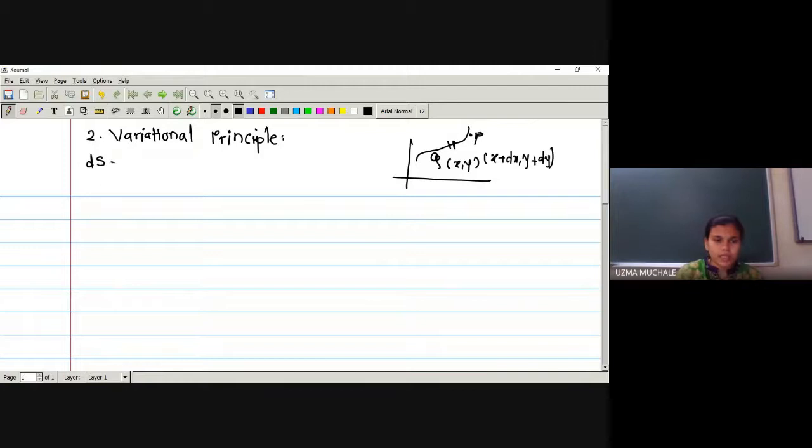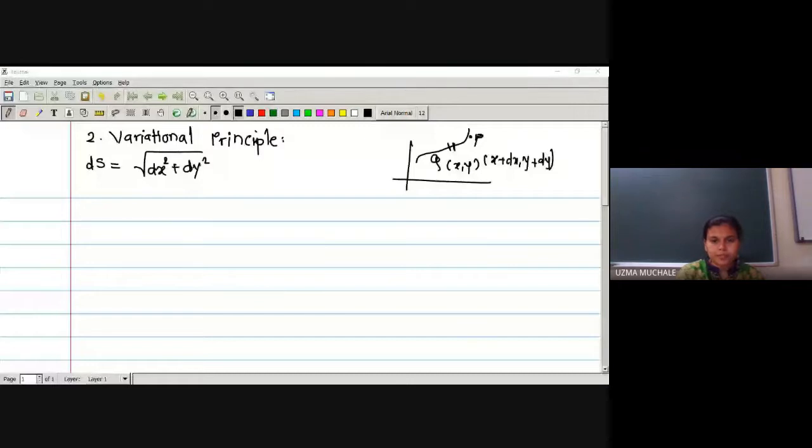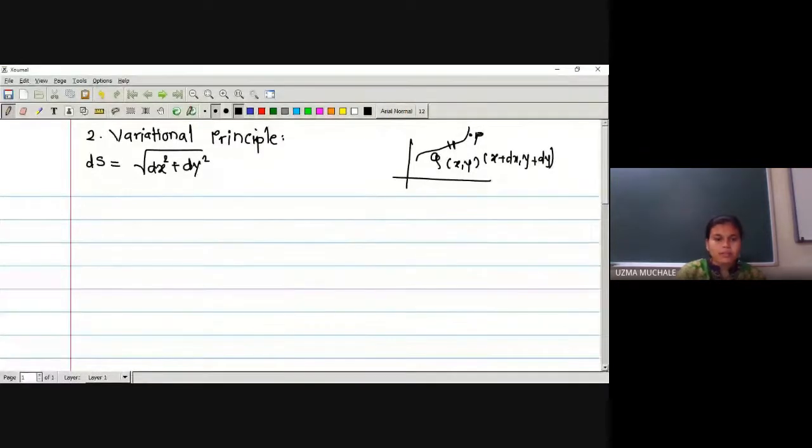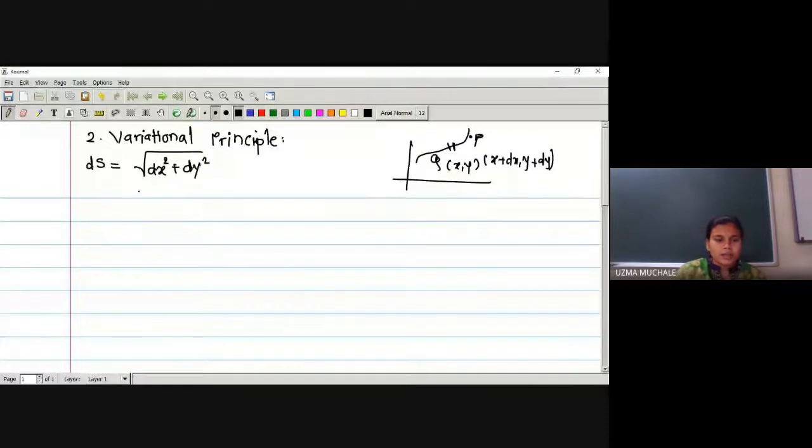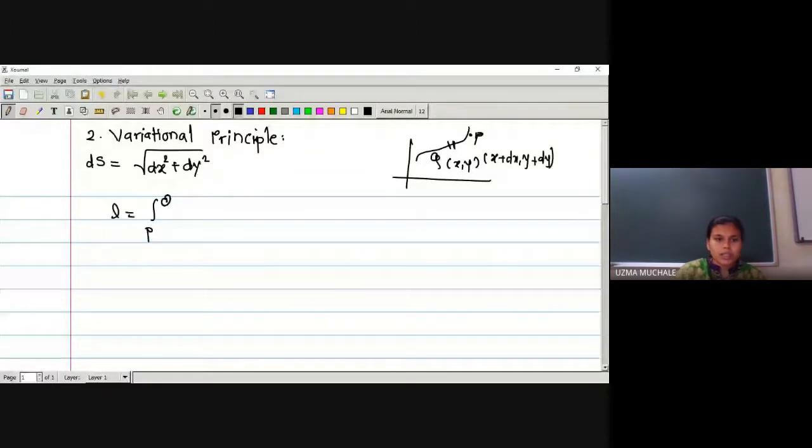Distance formula is given by ds is equal to under root of dx square plus dy square. Correct. Because x plus dx minus x, it will be simply dx. Y plus dy minus y, that will be simply dy square. And the resultant we are getting by using our distance formula, we get the length of the path followed from point P to Q is ds. So which is equal to, after some simplification, we have got the value of this as square root of 1 plus y dash square dx, is nothing but our function.